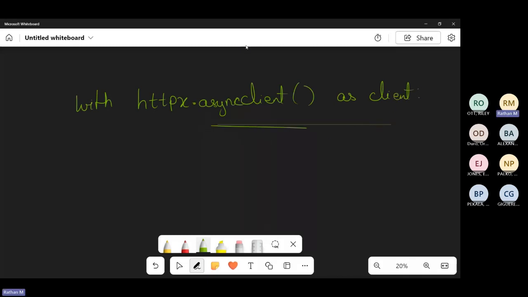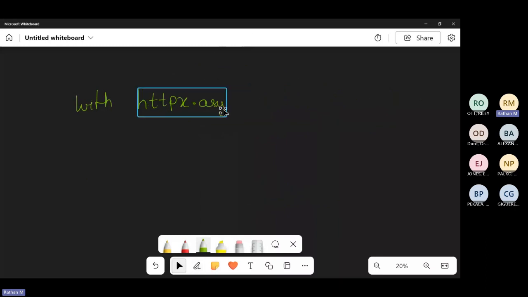So once this operation is performed and you get out of the indentation, this HTTPX async client is automatically closed then and there. That is all that we need to know. So let's go ahead and implement exactly that and see how it works out.